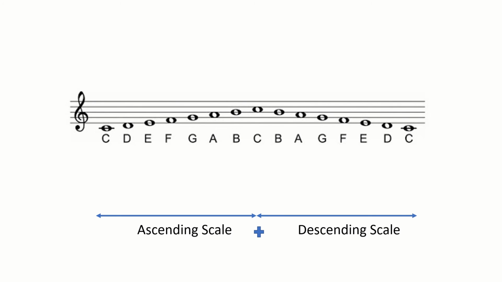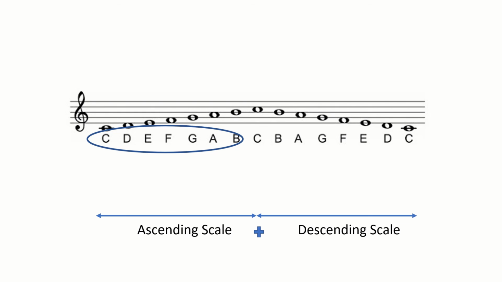Ascending means the notes start from the bottom of the staff lines and go upwards, and the descending scale is where the notes start from the top part of the staff lines and come towards the bottom. Now the first note we see is a C note, which is a note below the staff lines with a small line on it,